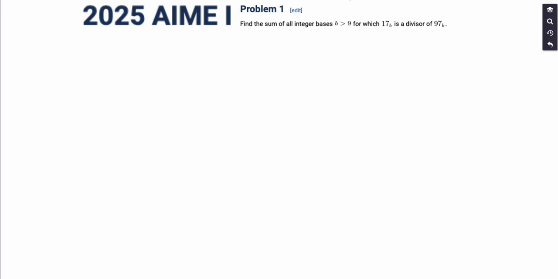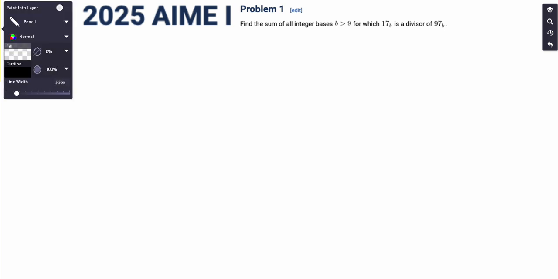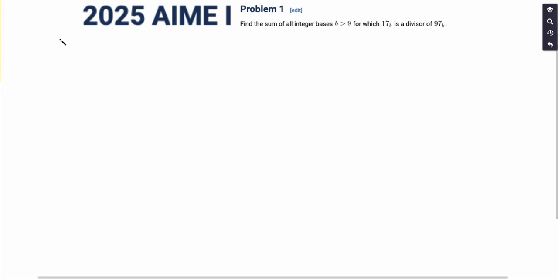Welcome to the first problem in the 2025 AIME 1 problem series. In this problem, we want to find the sum of all integer bases greater than 9 for which 17 base b is a divisor of 97 base b. So writing this in mathematical notation,